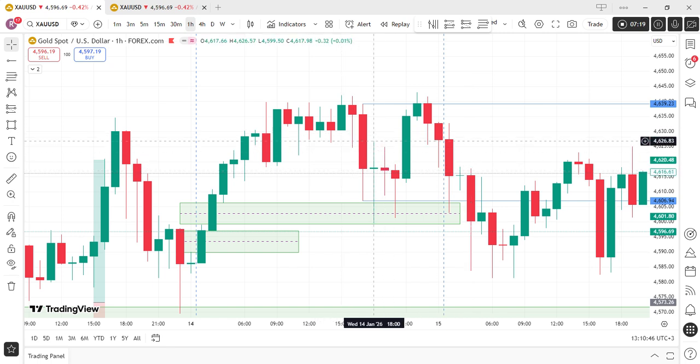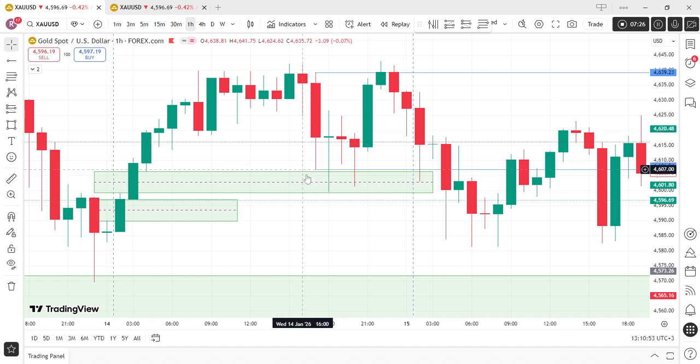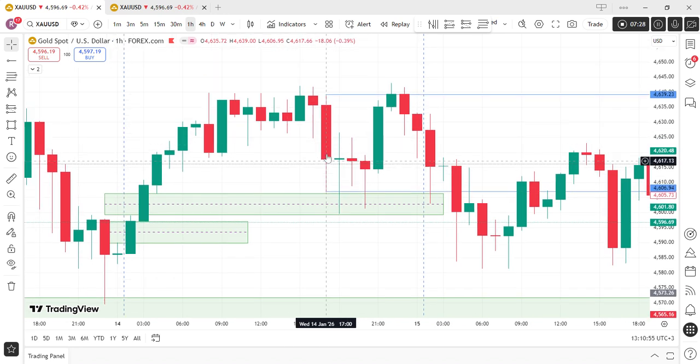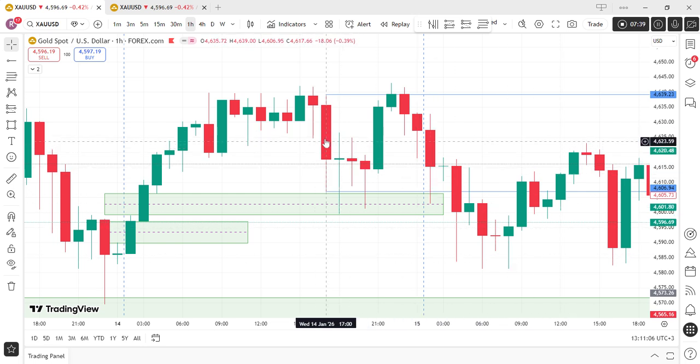So for example, this one here was a silver bullet. With the silver bullet, what do you do? You wait for price to attack one side of liquidity at this specific time, this specific candle of 17 p.m. When you're trading this in a time zone different from mine, this is going to be a different time.